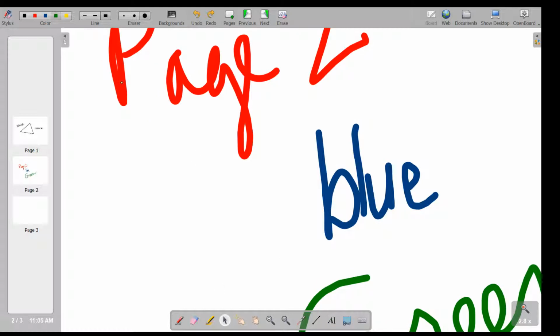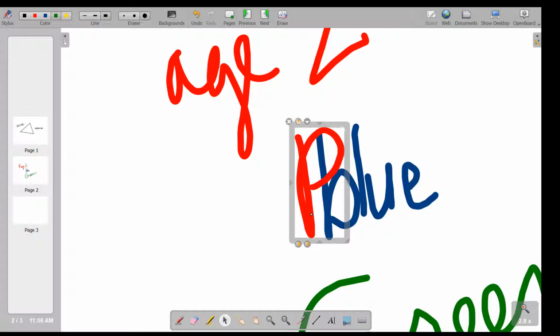If I bring the P over by where I've written the word blue, you'll notice that the P is underneath the letter B. That's because I wrote the P first on the page, so whatever's first added to the page is going to be underneath anything that's written after that first object was written or added to the page. So if I want the P to come in front of the letter B in blue, I'll select that P,